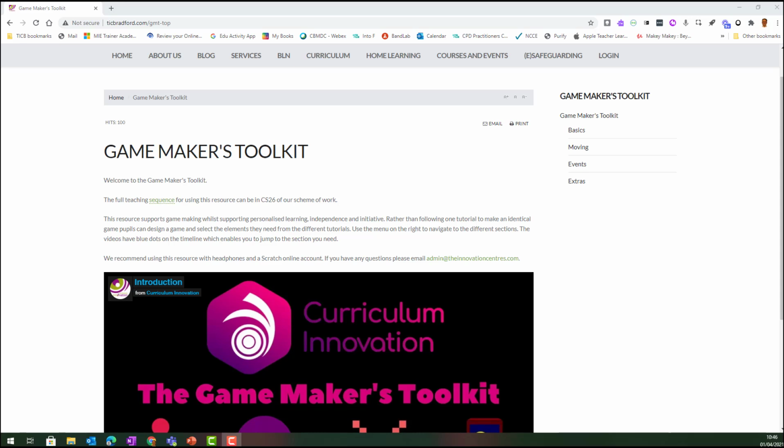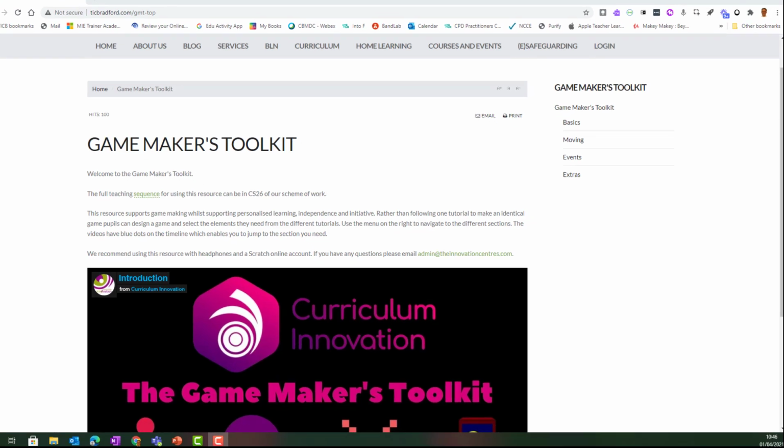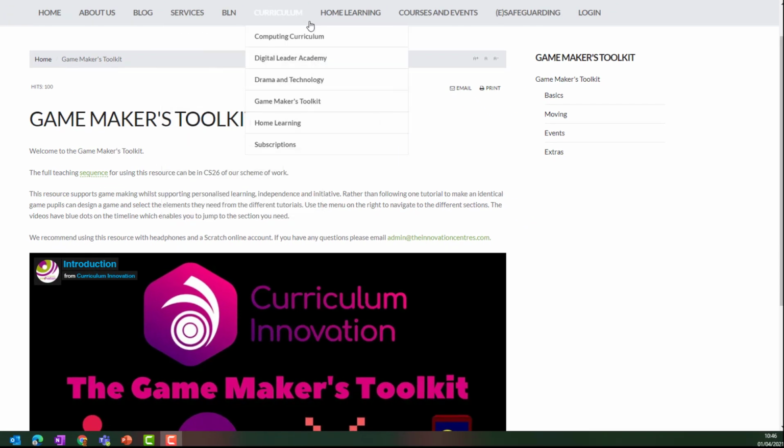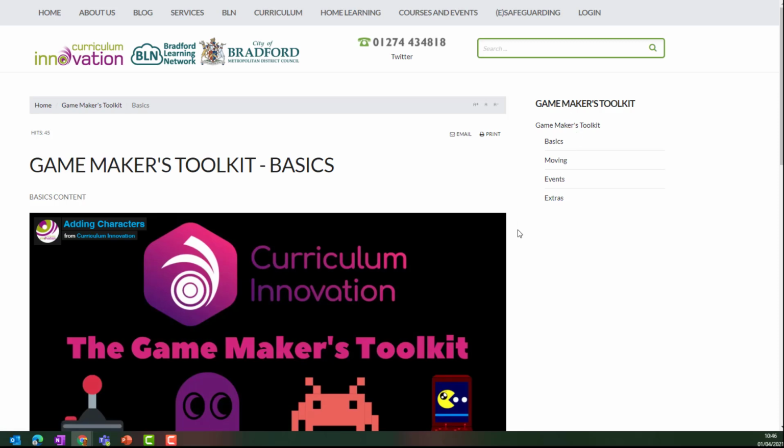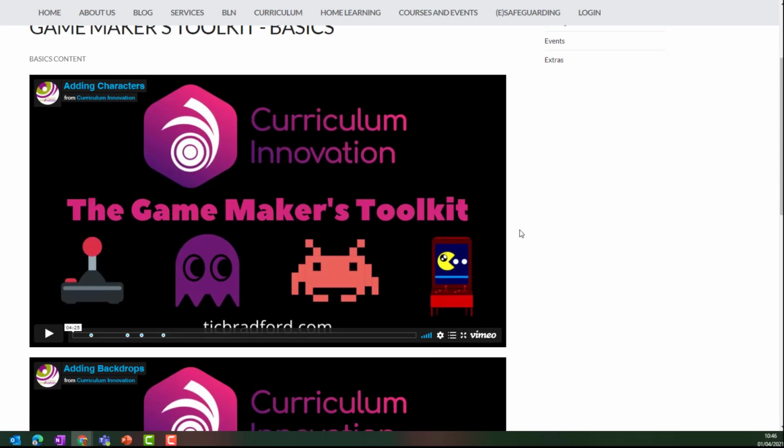So to get to the Game Maker's Toolkit, I've gone to ticbradford.com, and I can just go to this curriculum menu that's in the middle of the screen, and I can click the drop down arrow and go to Game Maker's Toolkit. So once I'm here, I've got all the videos that I need on different pages here. So for my collecting game, the first thing that I'm going to do is go to this basics menu video here, and then when I go to this, what I'm going to do is look down, and my first video